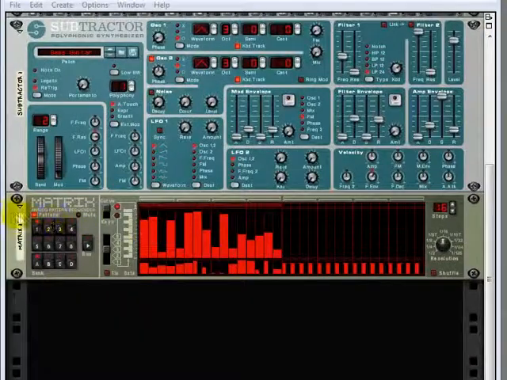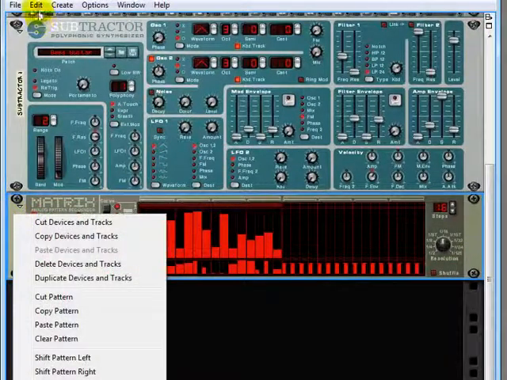Too much to go through right now, but go ahead and experiment with the connections. You can have some real fun. I'll show you a couple more things before we move on to the RPG8. Now, I've already shown you how you can right click here and also do the same thing